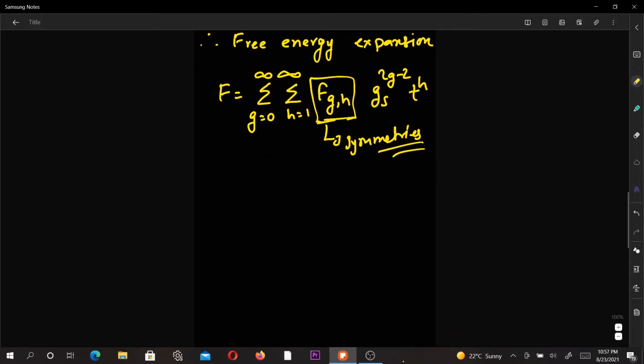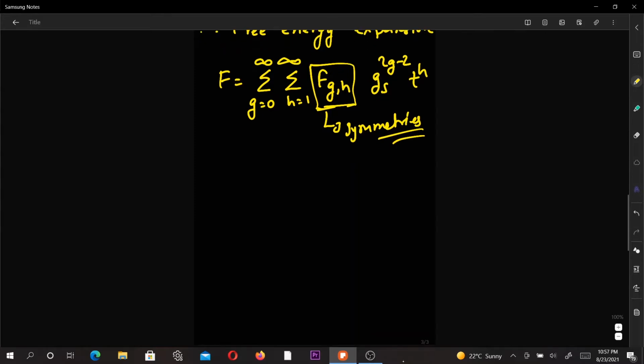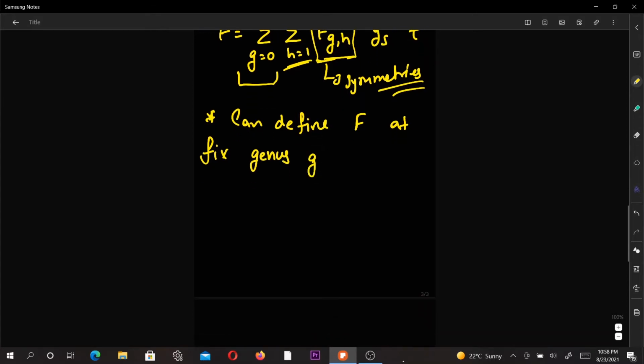Okay, so we can reorganize this quantity. That is, we can do better. And what do I mean by better? That is, we can do this summation and then we are left with only this summation. That is, we can define the free energy F at fixed genus G as something like this: